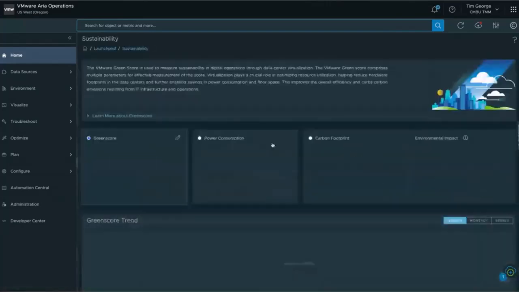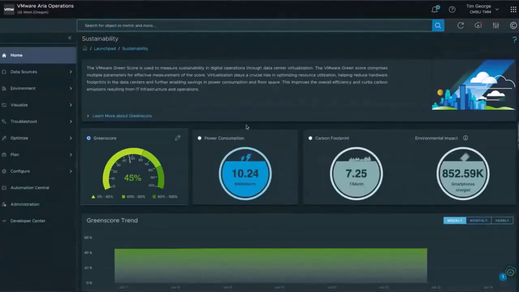Moving to sustainability, this is going into making sure that we are doing well for the environment, right? We're trying to get as high as possible a green score. We looked at this originally at the very beginning, and this green score is basically giving us an overall standard we're trying to hit. We're trying to hit 100%. Now, hitting 100% is very difficult. We'd have to be on completely renewable energy. We'd probably have to have our own energy farm set up at that point. It'd be very tough to hit 100, but we're trying to get this as high as possible, and we're using this as sort of a guide